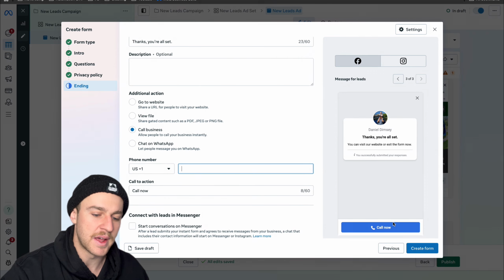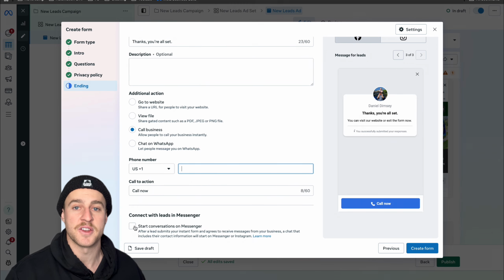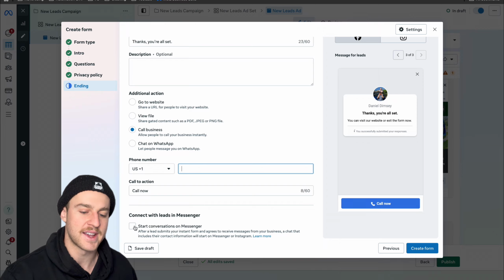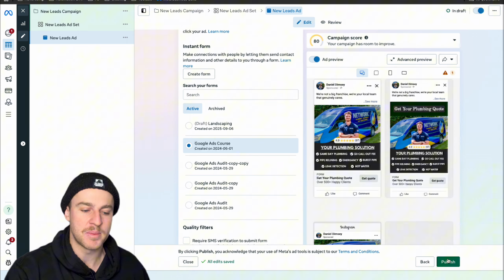And then they'll have this little button that says call now. And if you want to connect with leads in Messenger, you can just tap this button as well, just to make sure you get a little bit of access to them. And then you tap on create form. And then all you have to do is just tap on publish. And that's it, guys. That's the full video for you, exactly how to set up Facebook ads for your trade